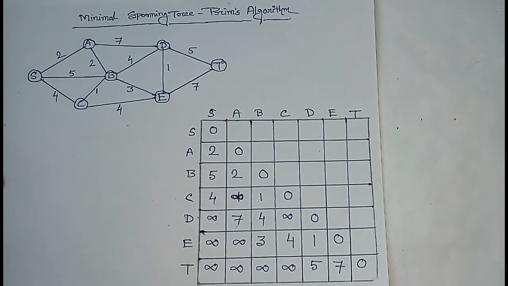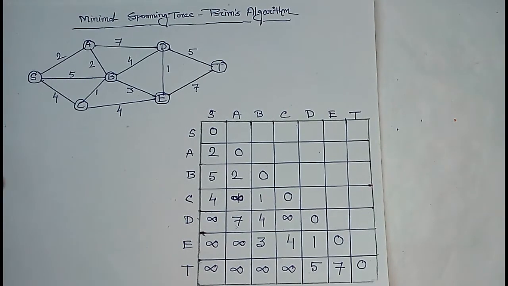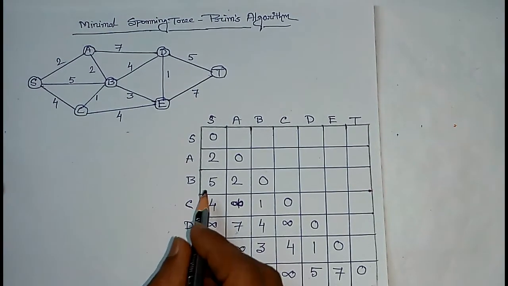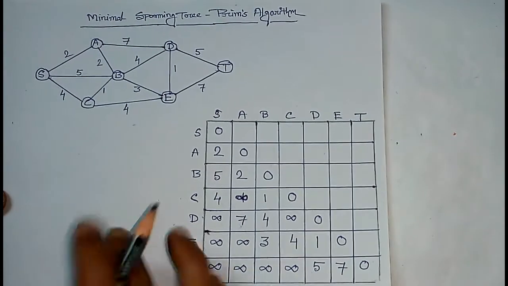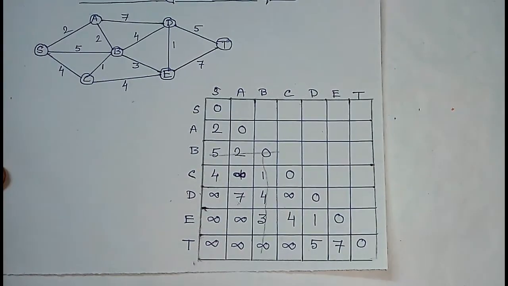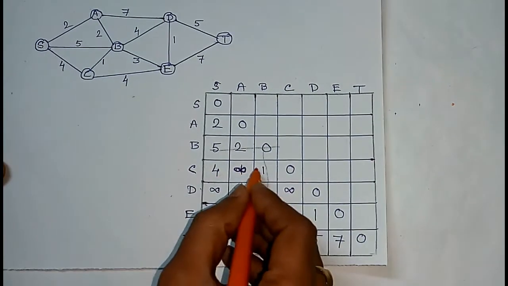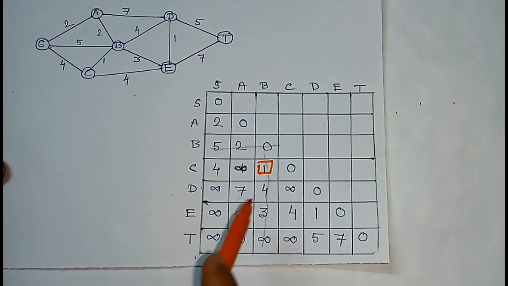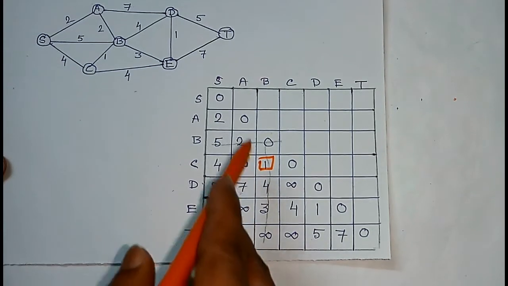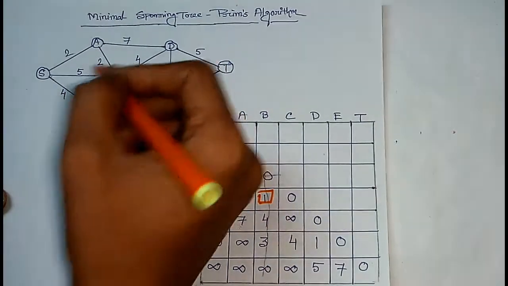In Prim's algorithm, we may select any vertex as the starting vertex. In this case, suppose we are selecting B as the starting vertex. So the first step is to select all the elements in the row of B and also in the column of B, and among them find the minimum element. Here we see that the element 1 is minimum, and that corresponds to the column of B and the row of C. Hence we shall add an edge between B and C. Here you see that we are adding the edge between B and C.